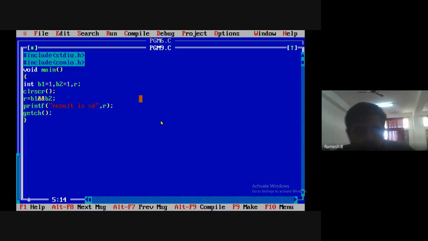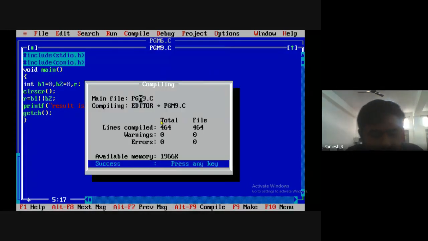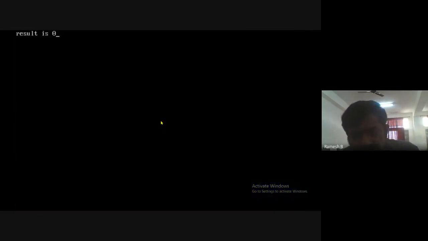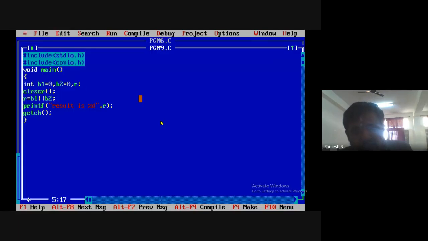Now this time we will do the OR operation. For OR we must use two pipe symbols. Here it is 0, here it is 0. Now you tell me, 0 or 0, what will be the result? You see there it is 0. 0 or 0 is 0.